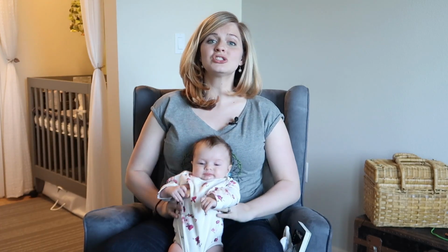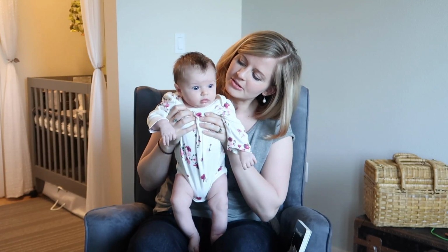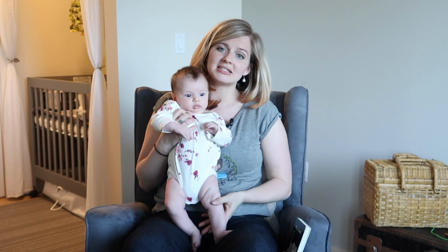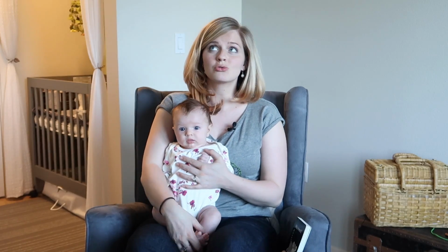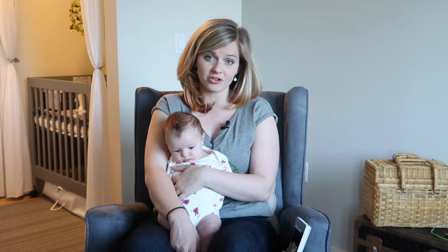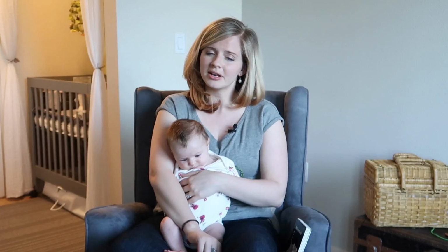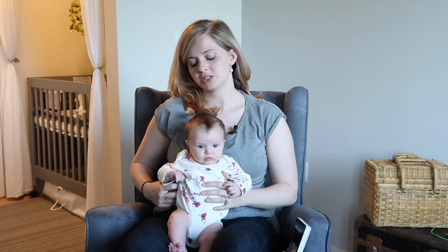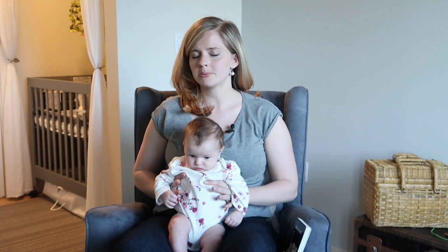She is growing so big. Look how tall this baby girl is. Can you believe it? You're getting so big. Last appointment we went to, she was in the 95th percentile in height, which is crazy. So she was 23 inches, and I'm sure she has already grown since then. She was at, I think, 11 pounds 1 ounce, and I'm definitely sure she's gained more weight since then too. She's in the 95th percentile in height, about 50th percentile in weight,